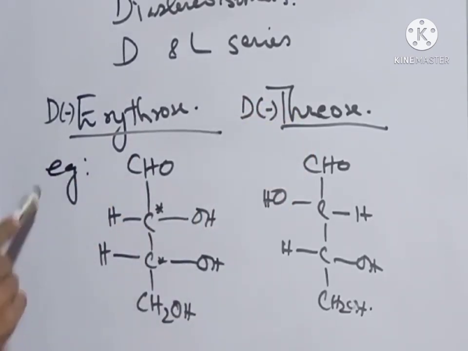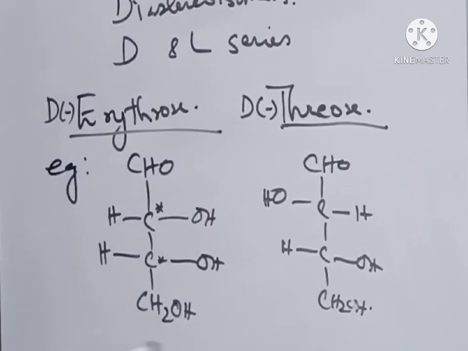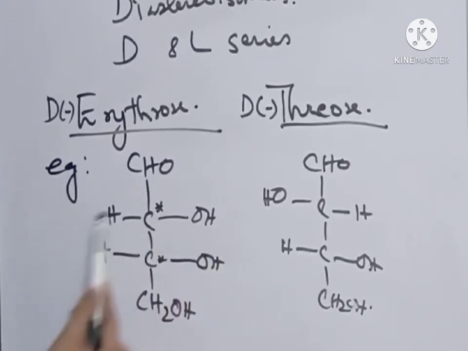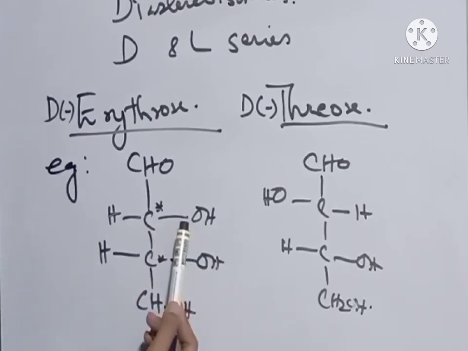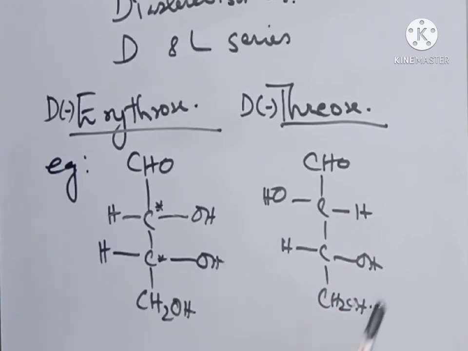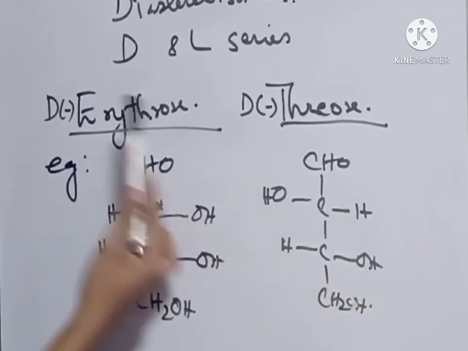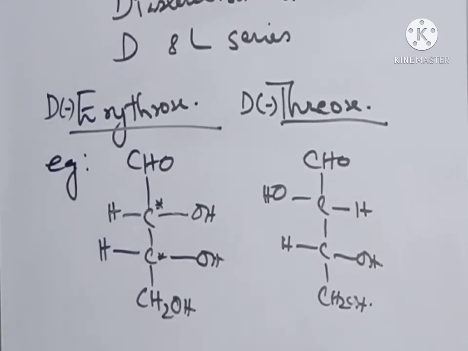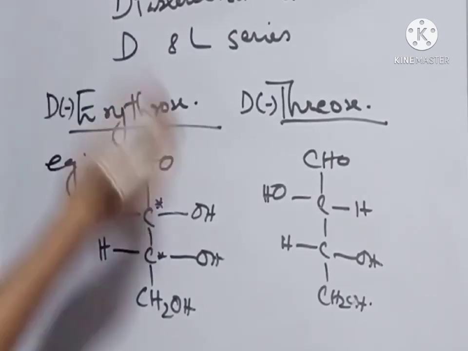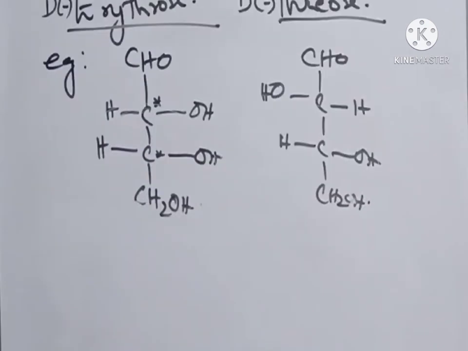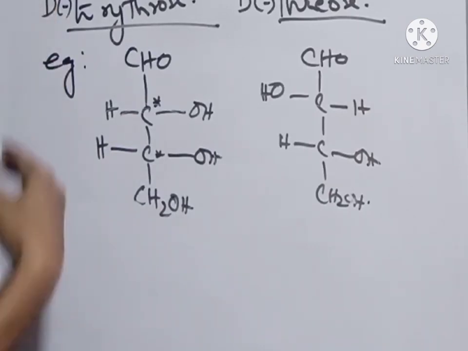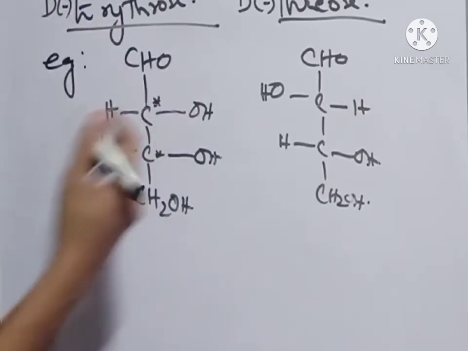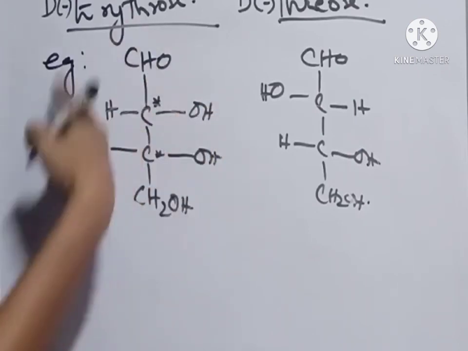Why is it categorized as D-erythrose and D-threose? Because if we look at the structure, we can clearly say that this group is derived from the D series. Here is the D series. Same way, this is the D series. So these two are D-erythrose and D-threose. If you draw the structures of L-erythrose and L-threose, that will be the mirror image of these two. So if we draw the structure of L plus erythrose, the structure will be the mirror image of this one,